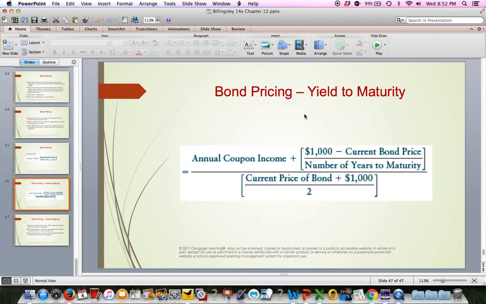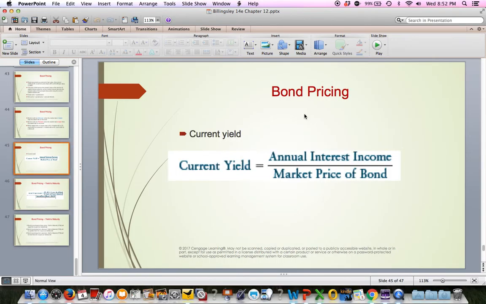Okay, so there's a lot there to throw at you. The bond part's a little bit more complex than the stock stuff probably. When you do the work in Cengage, you'll be doing a lot of ratio analysis. So as you see some of the ratios that I threw at you in this PowerPoint, and as you read the chapters, make note of the ratios that are there, because there's a good chance you'll be using those ratios to calculate with some of the data that they give you in Cengage. And if you have questions about anything,